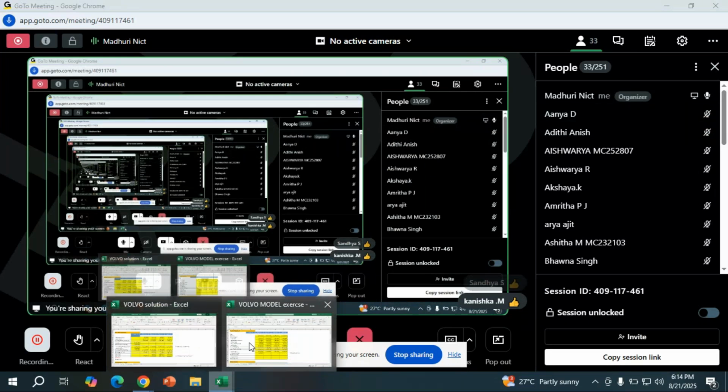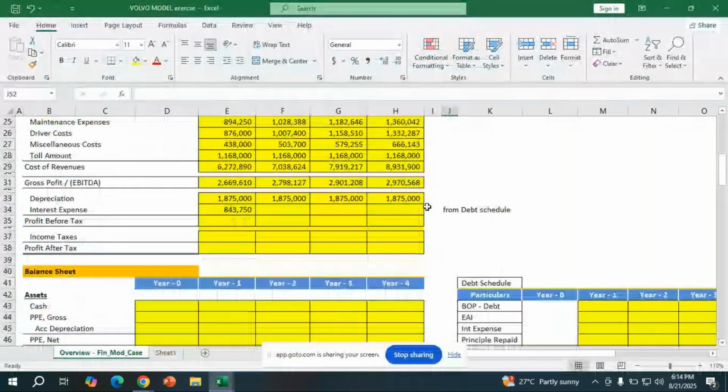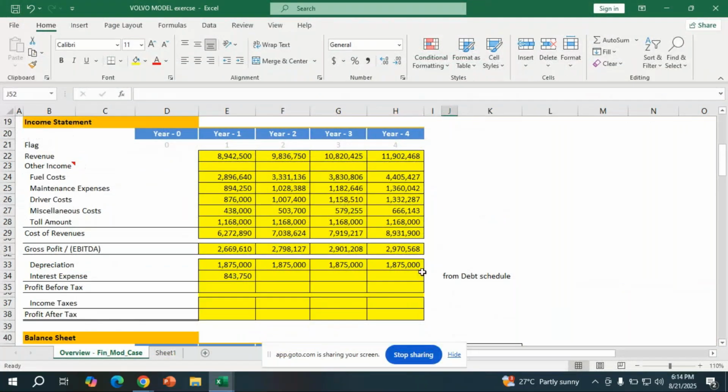Fine. So, in the last class, yes, we had solved till here, right? We had calculated the depreciation. To be frank, let me come from the first. We had calculated the total revenue generated for all the years. Then the fuel cost incurred for every year, maintenance expenses, driver's costs, miscellaneous costs, the total charges. So we summed up all the